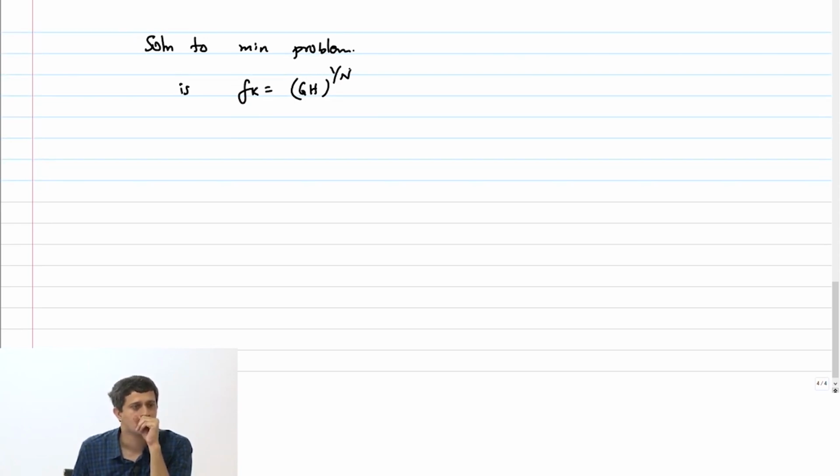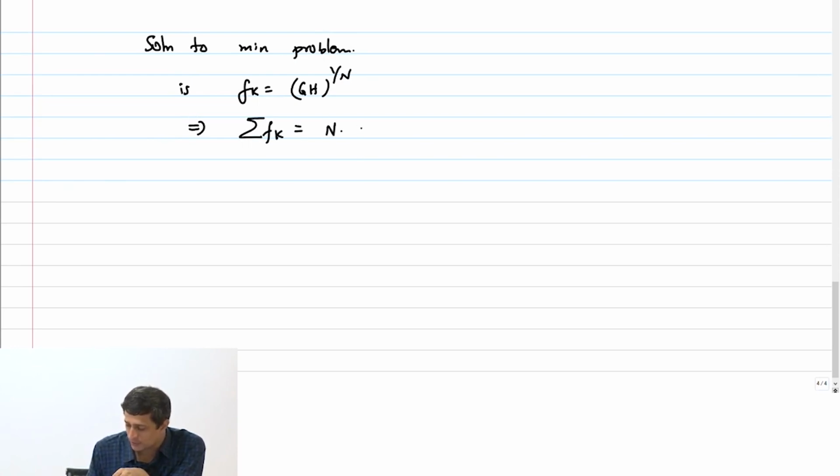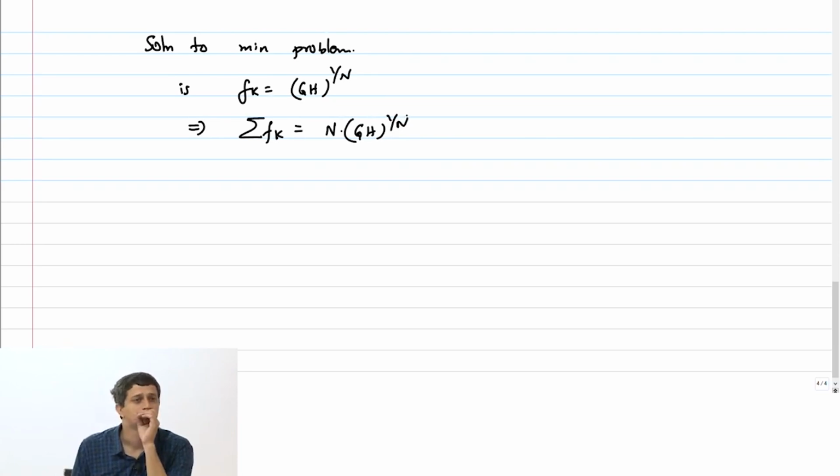Okay, and this implies that summation Fk is simply going to be n times (G into H) whole power 1 by n. Right, which implies